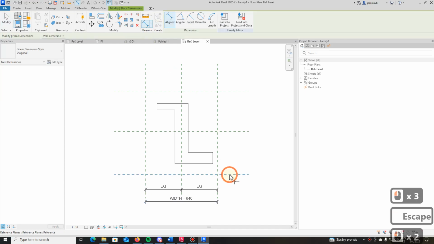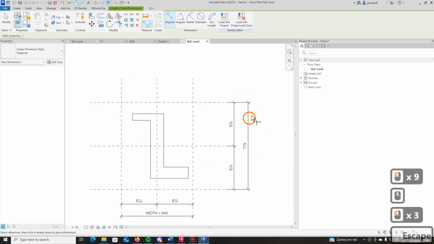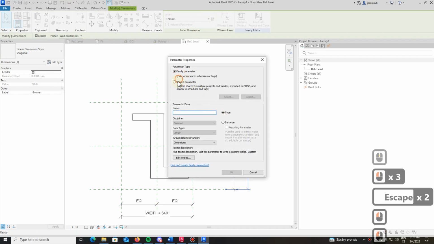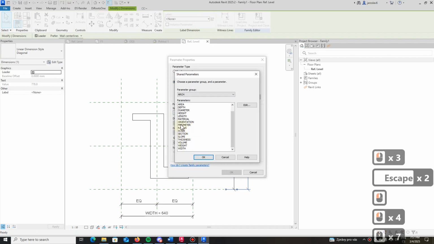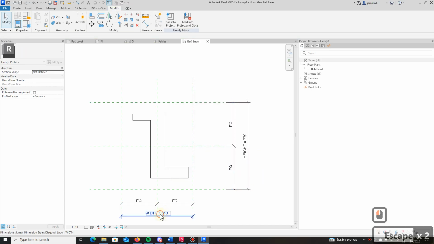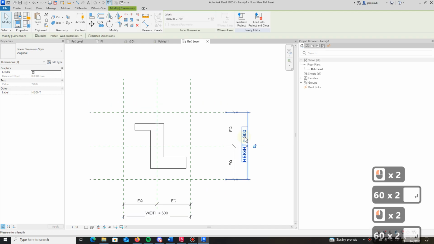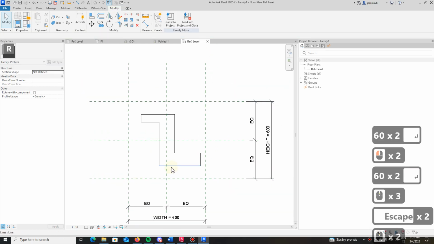We do the same for these reference planes, so we hit EQ, so the distance is always the same. Then we assign height. I'm using these shared parameters because then I can annotate them and use them in schedules, but if you don't have them, you can create your own, or you can use just family parameters. It's up to you. So we can make it something like 600 by 600,